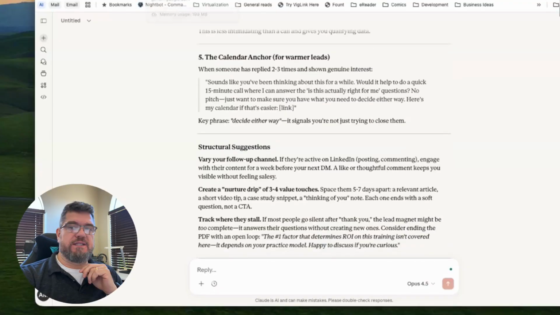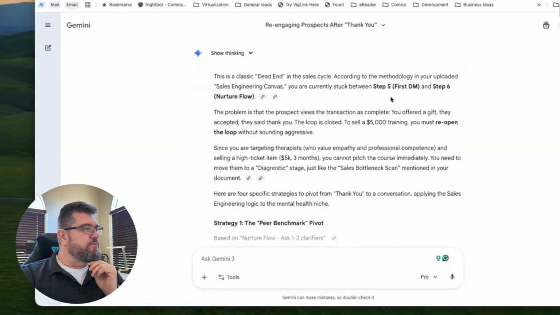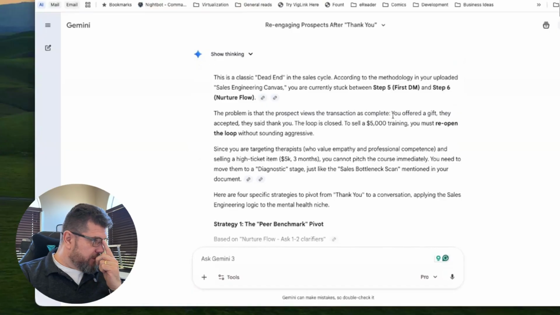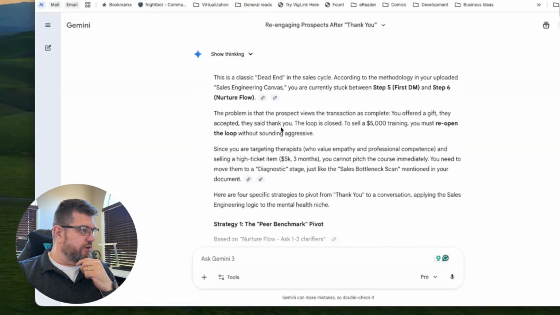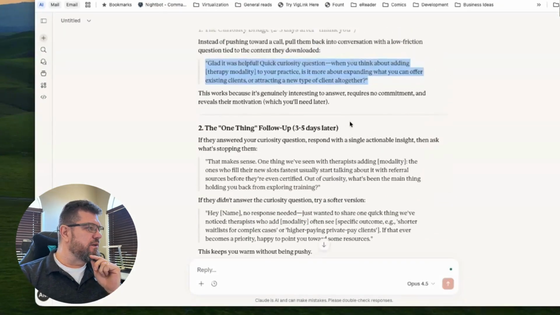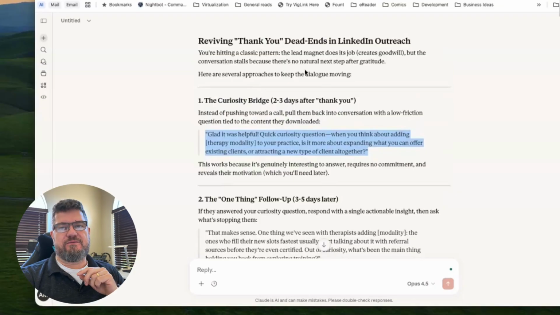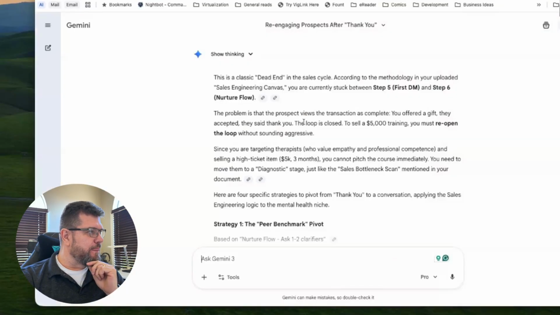Now let's go and take a look at Gemini. Okay, so the problem is that the prospect views the transaction as complete. You offer a gift, they accepted. Look at the different approach. This one went straight to giving us the recipe of how to do it.